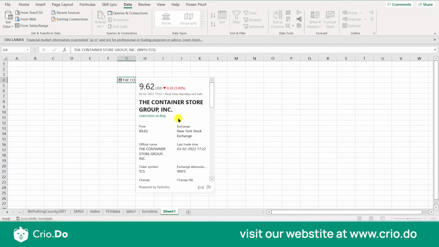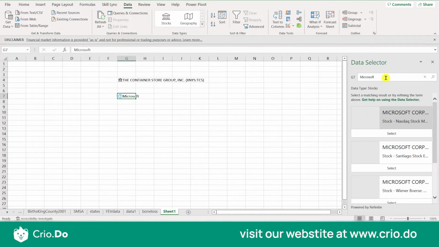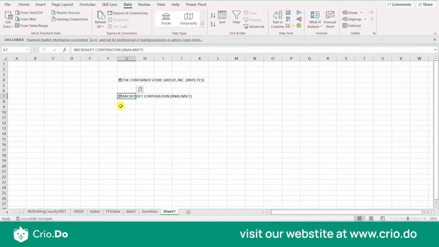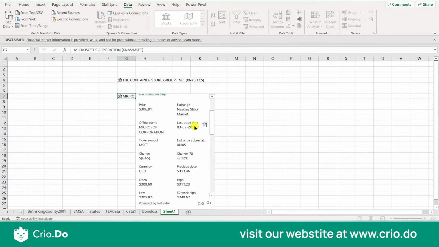Let me try for any other company also, and this time let me go for any other company. I'll go for Infosys here, or let's go for Microsoft. Let's go for Microsoft, and I'll click on the stocks again. Data type is stock, so it will again look for something. Data selector, and from Microsoft's website only I think we are getting the data. Again we got the hyperlink here. I clicked on that, so you can see here the stock rate for right now. For Microsoft Corporation, price is written, exchange type is written, last trade time is written, exchange abbreviation, and all